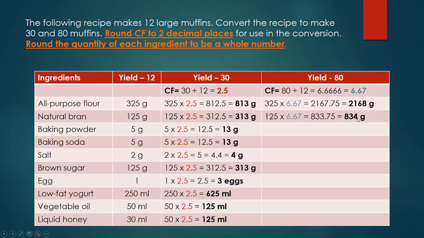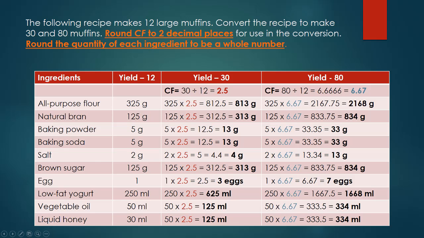My rounded total is 834 grams to make 80 muffins instead of the 125 I needed to make 12. I continue multiplying my conversion factor of 6.67 by all of these ingredient amounts, and these are the ingredient amounts that I need for 80 muffins when my original recipe made 12. Again, you can pause this so you can look at these numbers and these equations one at a time, but